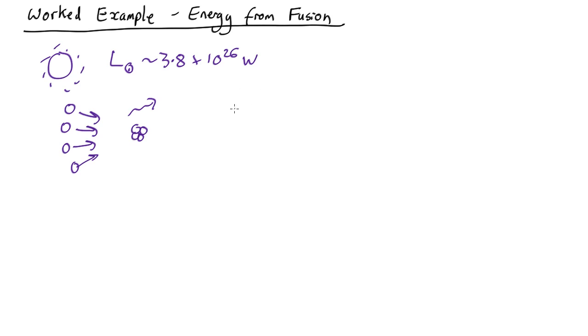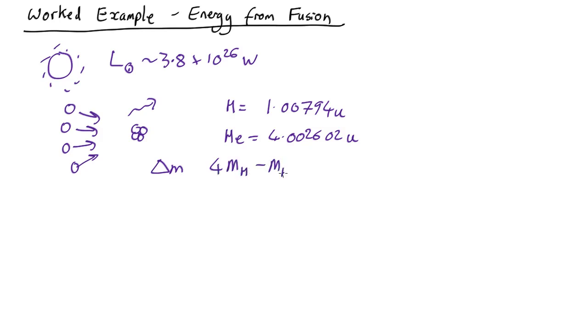So how much energy are you going to get? The atomic mass of hydrogen is 1.00794 atomic mass units, whereas the mass of helium is 4.002602 atomic mass units. So the change in mass is 4 times the mass of hydrogen minus the mass of helium